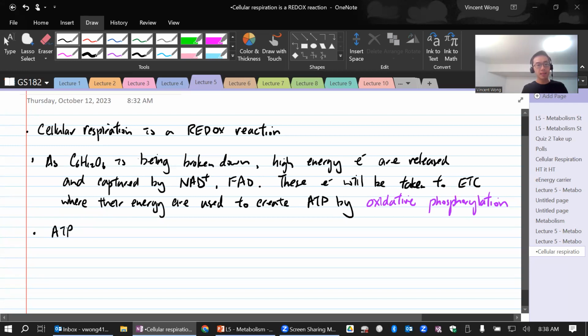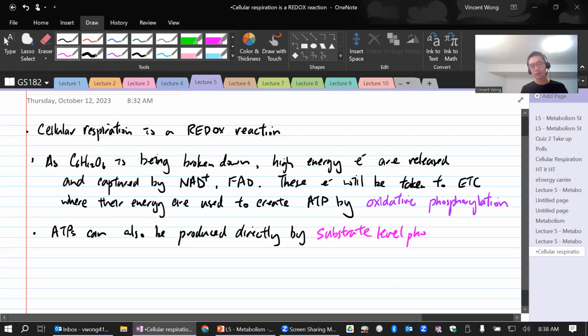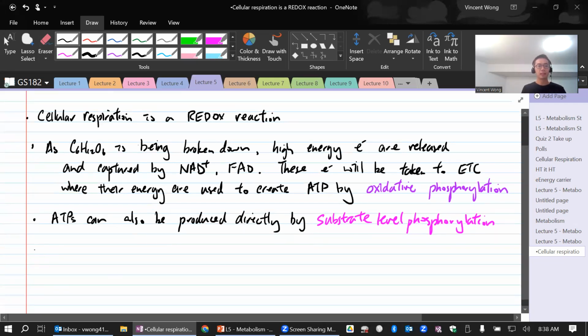So ATP can also be produced directly as the glucose is being broken down by substrate level phosphorylation. So by the end of the Krebs cycle,